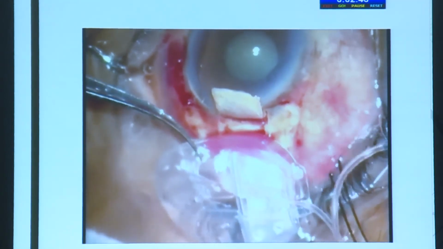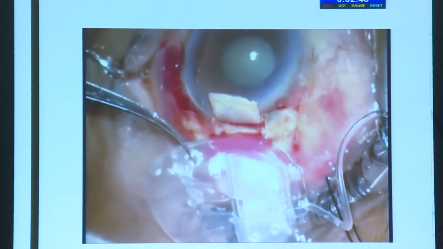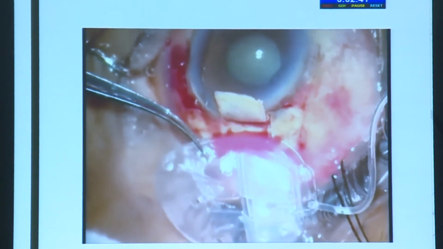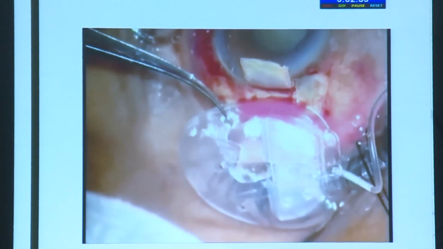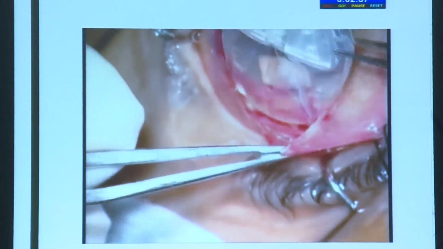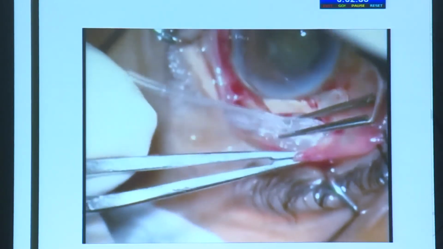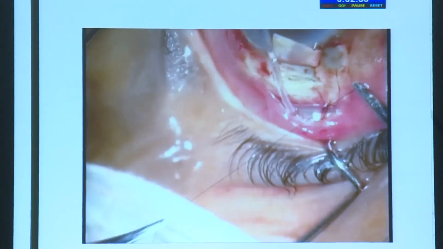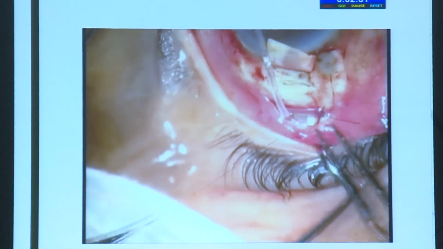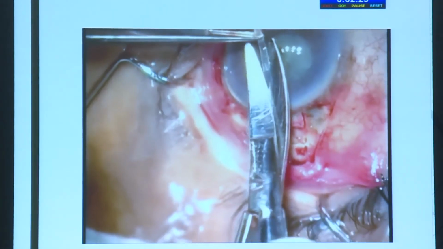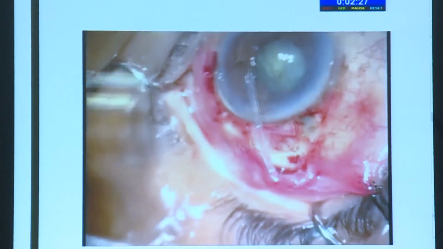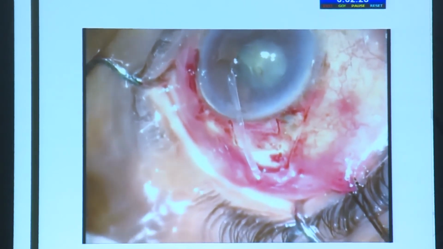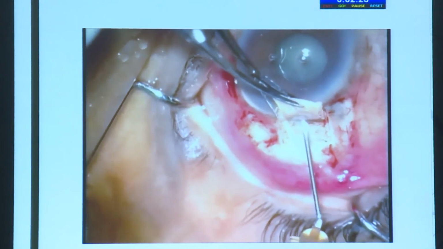So you introduce BSS through the tube, and the wall opens up. You can see the fluid coming out through the other end. So now it is ready to use. You nicely tuck it inside, suture it with 8-0 nylon sutures, cut the tube so that about 2 to 3 millimeters is inside, and you put it through the scleral tunnel, and